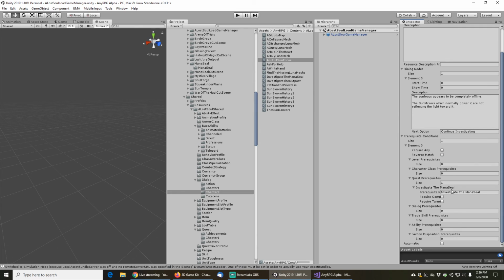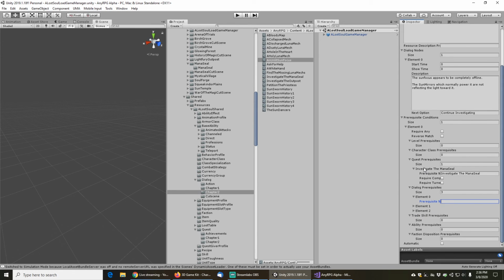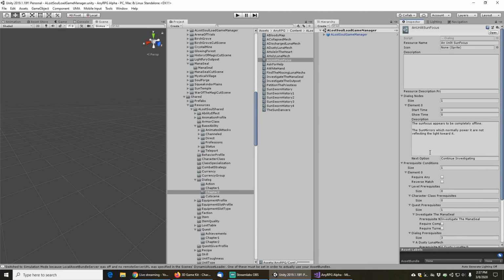And for this one, you have to be on the Investigate the ManaSeal quest, but I actually want all three of the other dialogues to be complete before this one will show up. So the prerequisite will be that you have done already a dusty Lunamech, a discharged Lunamech, and a holy Lunamech. We can save that one,